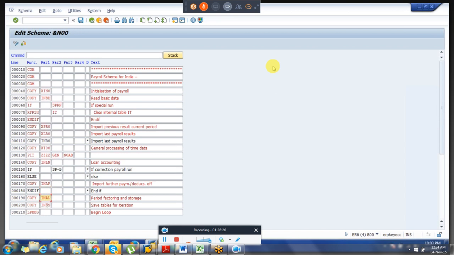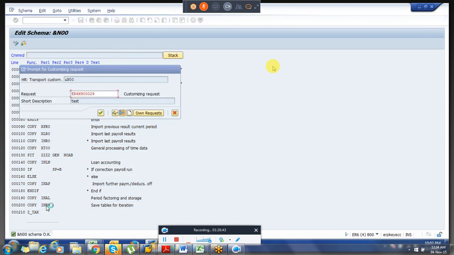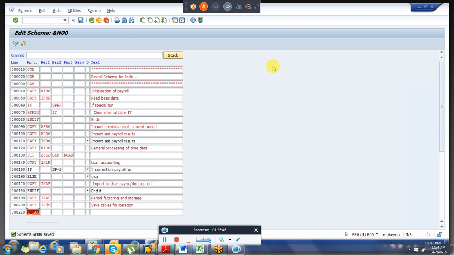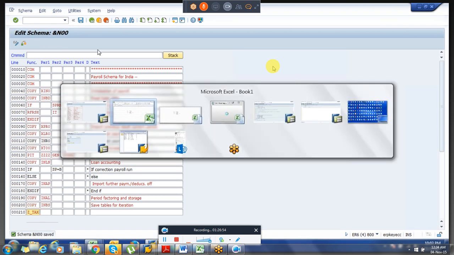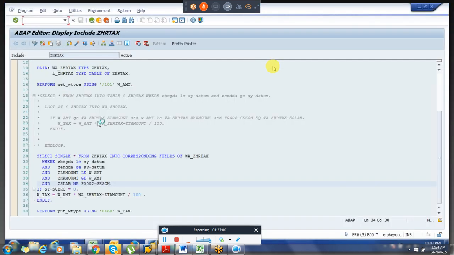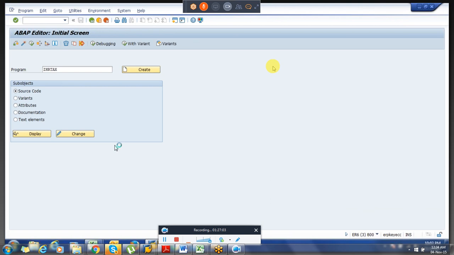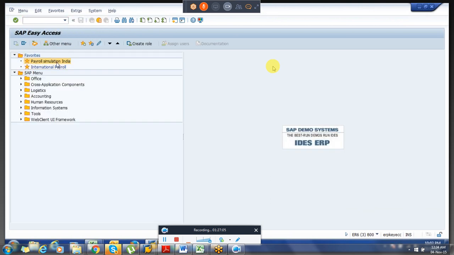So we'll do one thing, we'll try to insert the function over here and see what it will do. Generally, you know what the inputs are for IT and RT, so accordingly you have to insert the function we created. Let us say it is Z tax, and we'll try running the payroll India and see what it will do, because the function which I wrote with the code is for